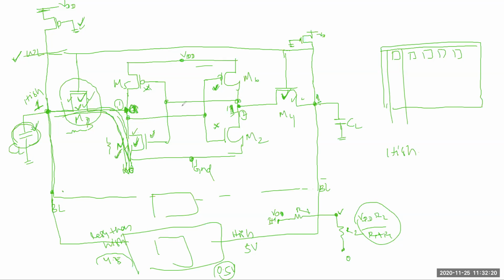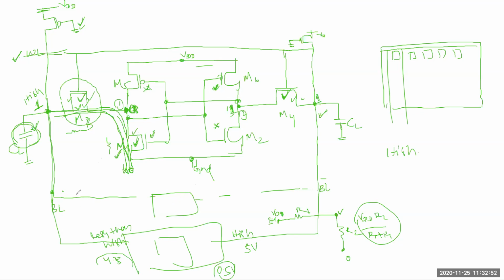So this is the thing. How will we read this value as a 0? This is 0 means this is on, this value will decrease, and this is constant, it will not change. Finally you compare these two node values and get some difference. That difference will be amplified and it will say that this value is 0. So here you can understand how the reading operation works.